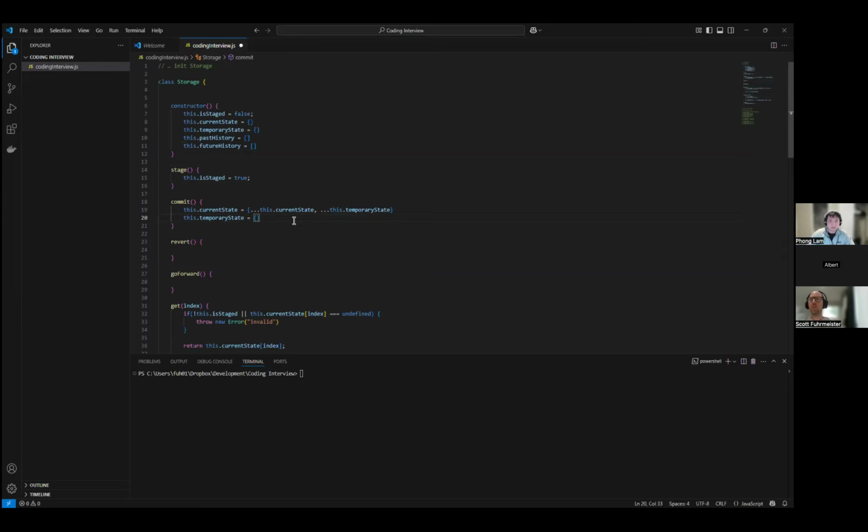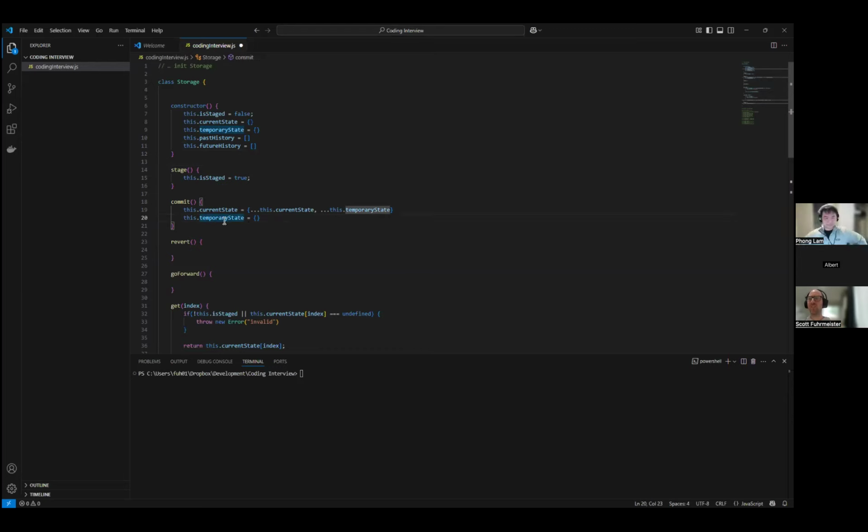Okay. So you essentially, the top one of future history is going to be your current state then. Yeah. So that way, when you go back and forth, you just pop it out, dump it into the current state, and then you don't have to worry about it. You can just keep using future state. Future state is actually current state, but yeah. I could potentially see some issues, but let's keep going.